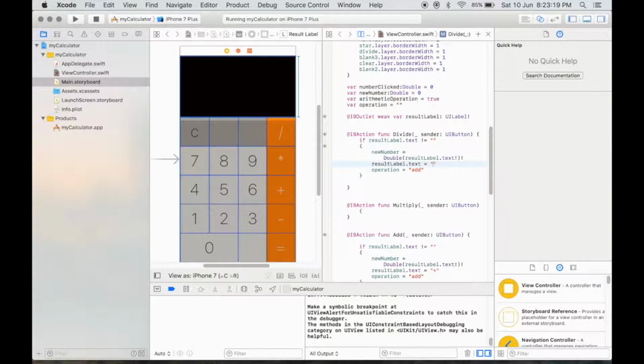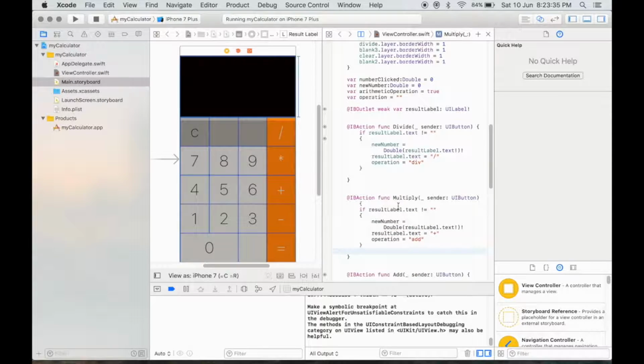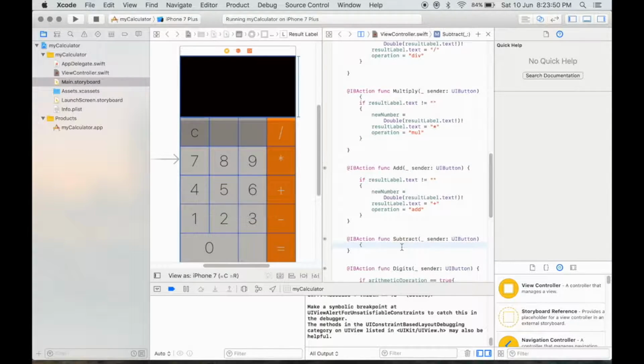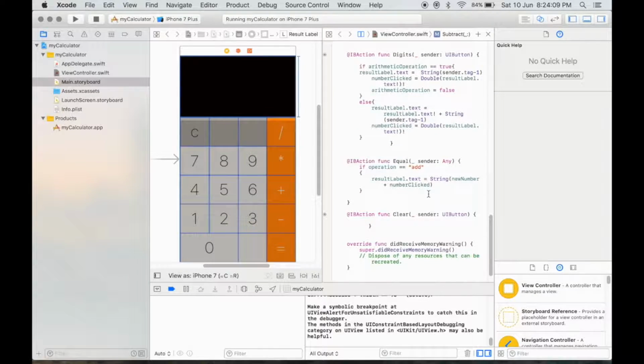We need to change the operator. Accordingly, we have to edit our code for equal. So if operation is equal to add, this is what it is going to display.